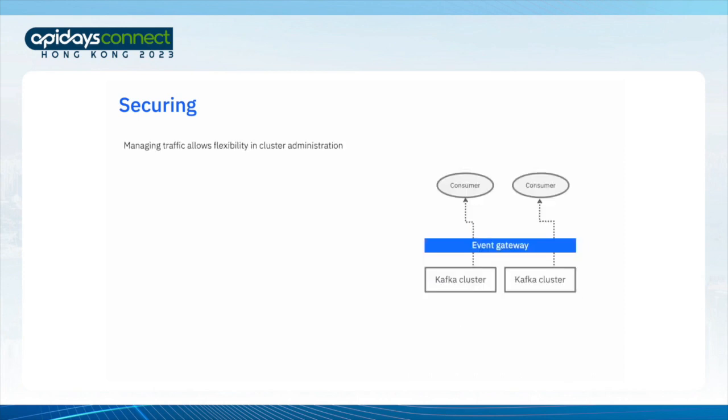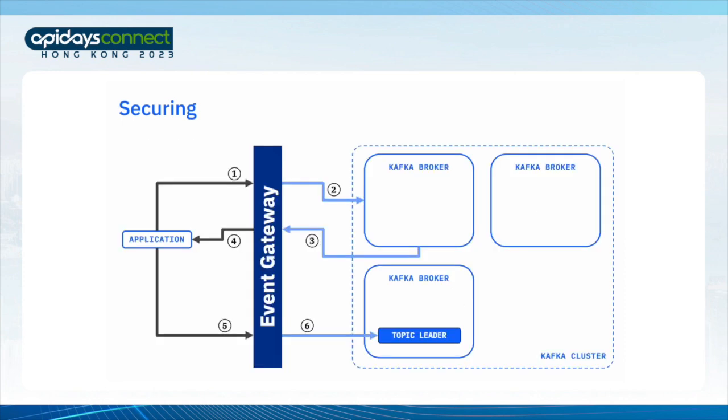To act as an event gateway, you need it to not just route traffic, but to rewrite the requests and responses that flow between the apps and the back-end event brokers at a protocol level. So when the application makes its initial metadata request, that can still go to a random broker. But when the broker responds with the address of the broker that hosts the topic, that response needs to be modified, to be rewritten before it's returned to the application, so that it's telling the application to continue connecting through the gateway itself.